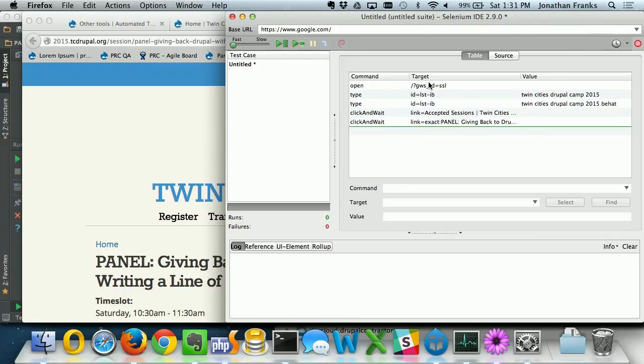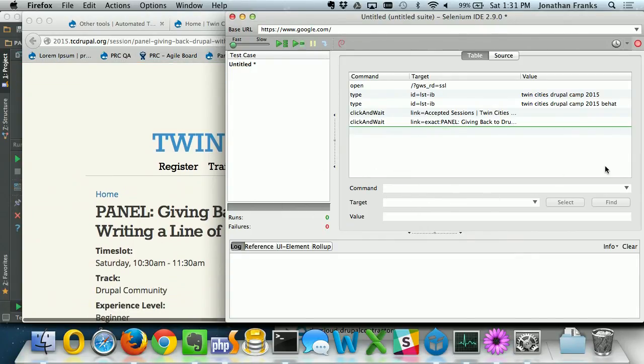And now we can see all of the stuff that we had started doing. We opened a path on our base URL. We typed something, Twin Cities Drupal Camp, and Twin Cities Drupal Camp Behat. We clicked and waited on this accepted sessions. We clicked on this exact match of a link. And then in here we can do stuff like,